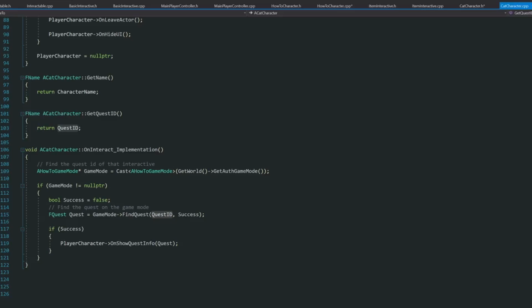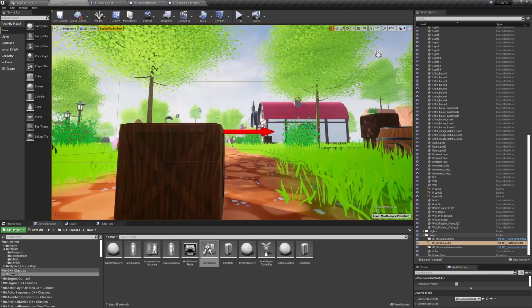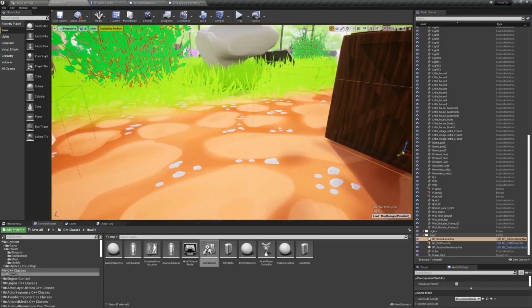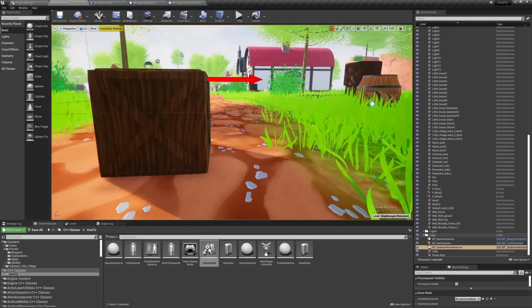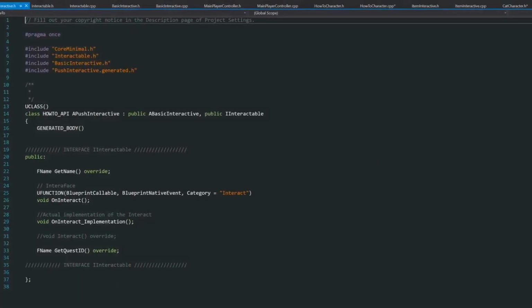And the last example I'm going to show you is the box. We'll go through that very quickly. This again is another basic interactive, the same as this actor. It's just a box. I call that push interactive. Again, it also implements the interface and extends from basic interactive. But in this case, I just have these elements. And if I go to the CPP,